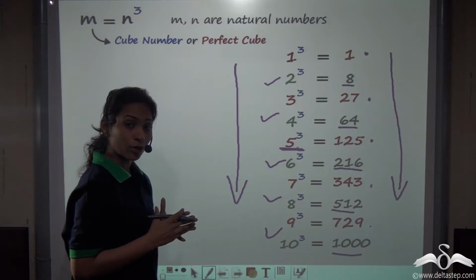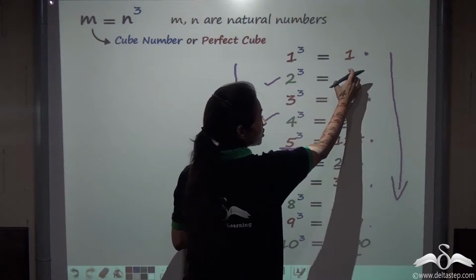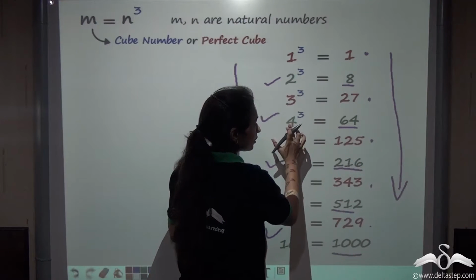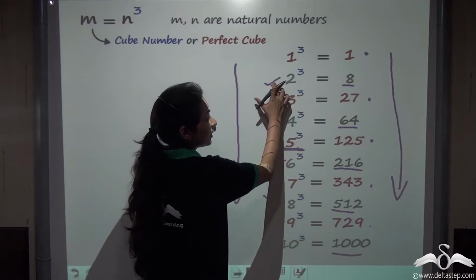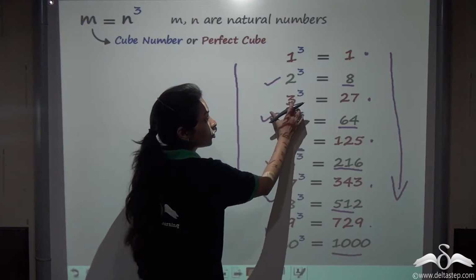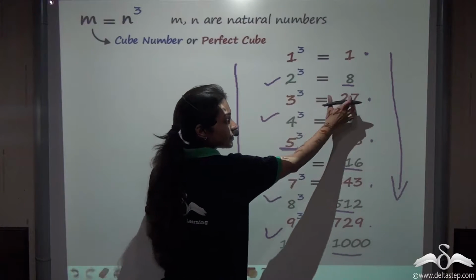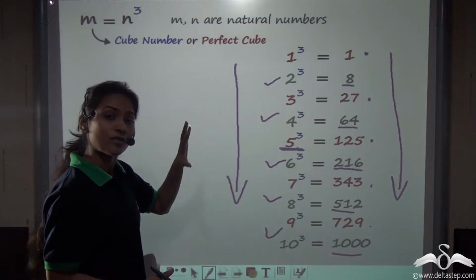Well, first of all, what do you need to do? You need to find out which number's cube is 8, that is 2, and which number's cube is 64, that is 4. And the number that lies between them is 3. So the cube that lies between 8 and 64 needs to be the cube of 3, that is 27. Let us solve a sum on this thing.